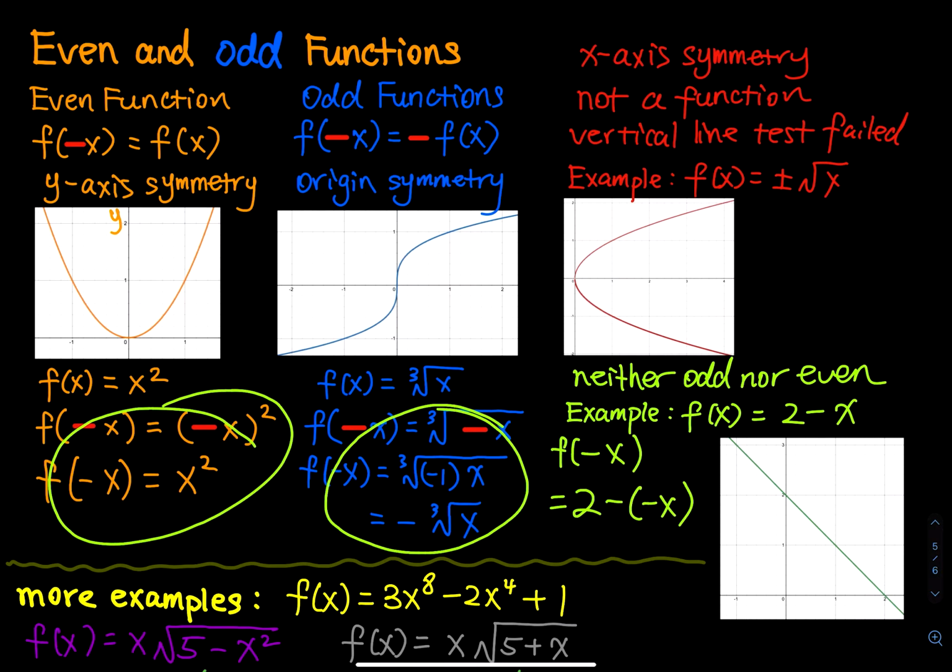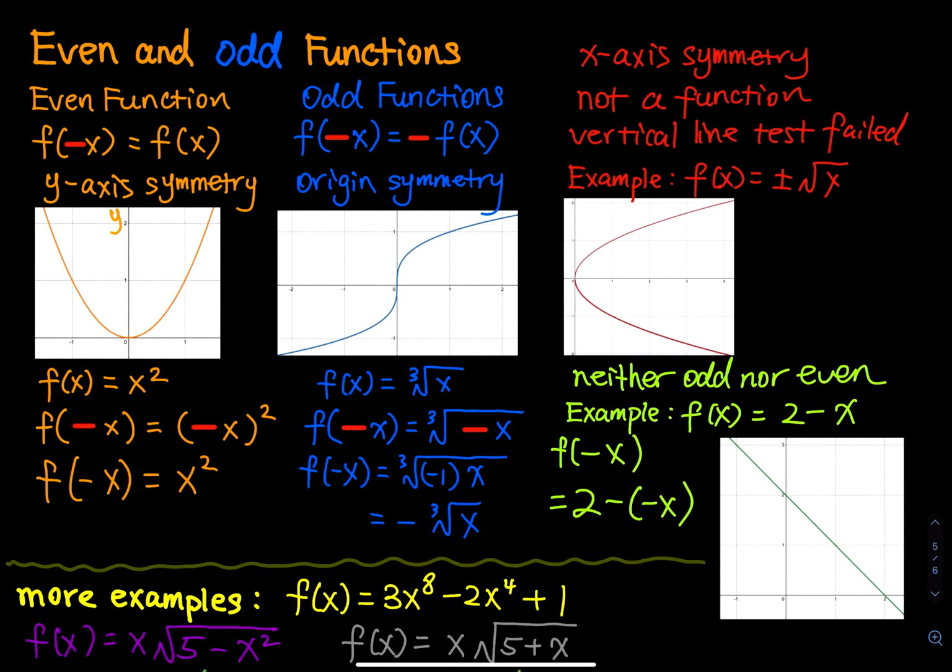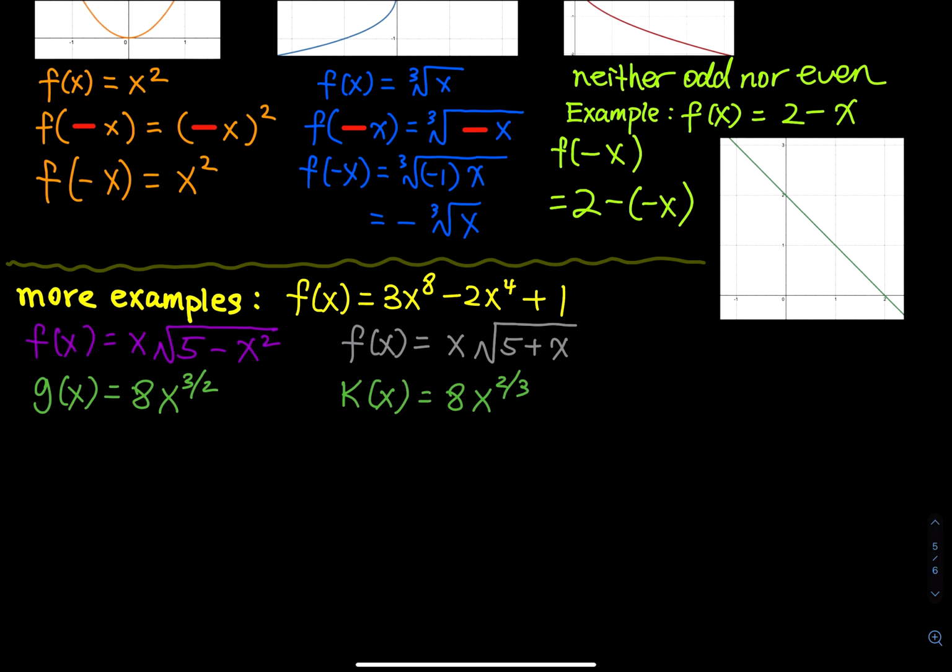You can't do this. So that's why this straight line, 2 minus x, is neither odd nor even. Okay, more examples to do. So this time,